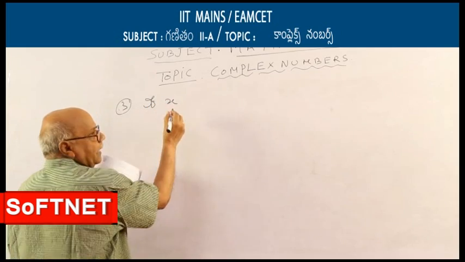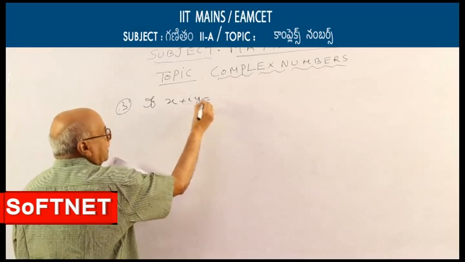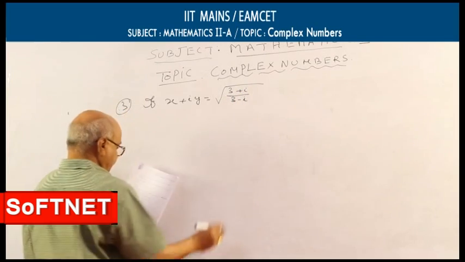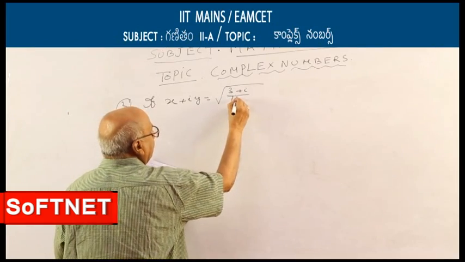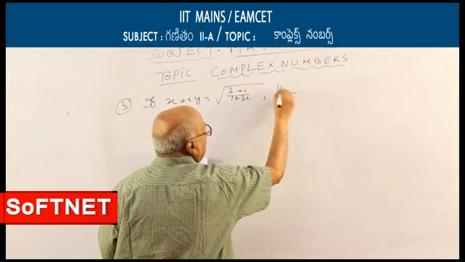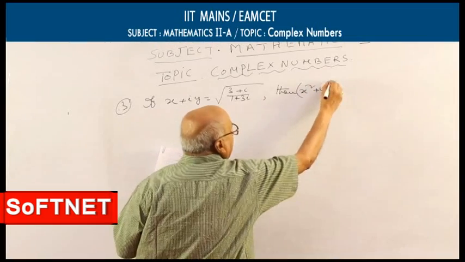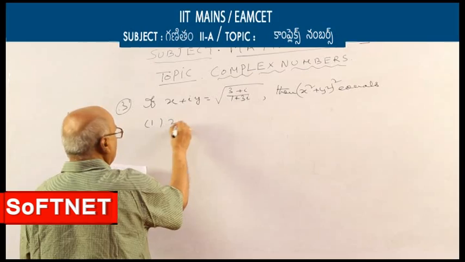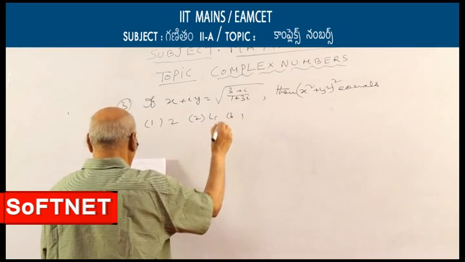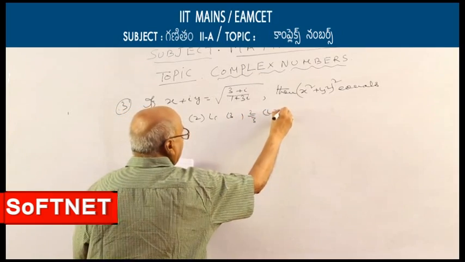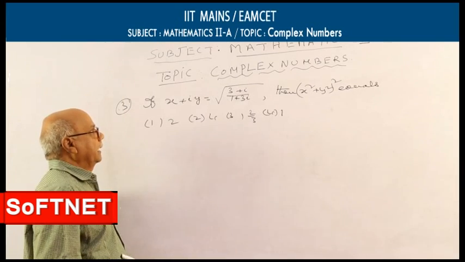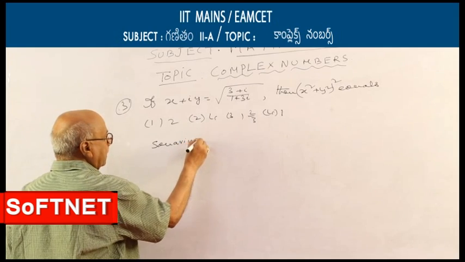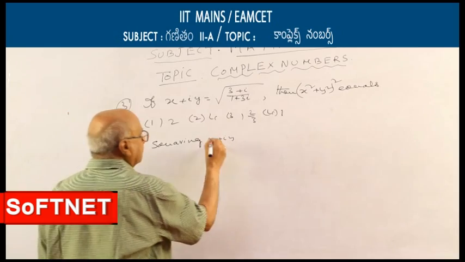If x plus iy is equal to the square root of (3 plus i) by (1 plus 3i), then (x square plus y square) whole square equals: 1, 2, 2, 4, 3, 2 by 3, and 4, 1. Right. Now squaring both sides of the given equation, squaring x plus iy whole, we have